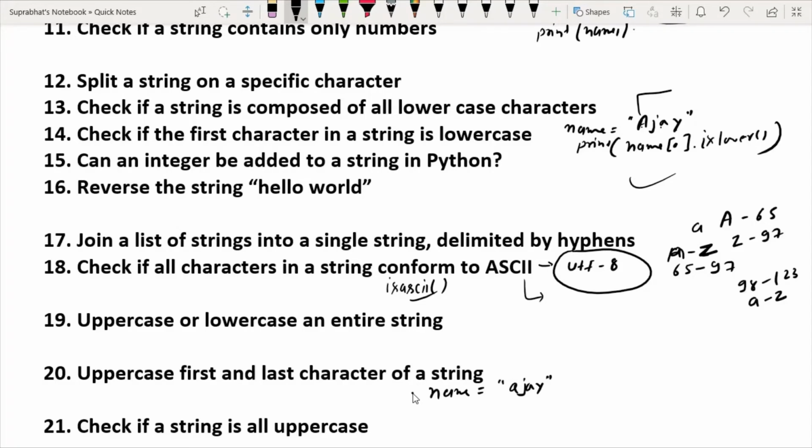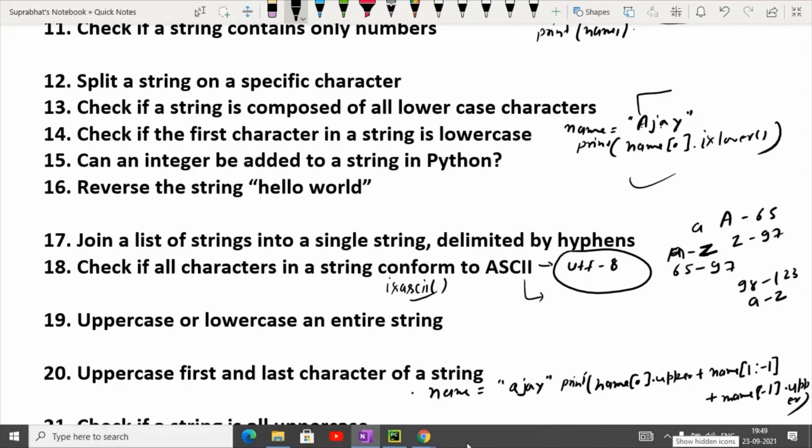So I will use in the print function: print name of 0 dot upper, plus name from 1 to -1, plus name of -1 dot upper.